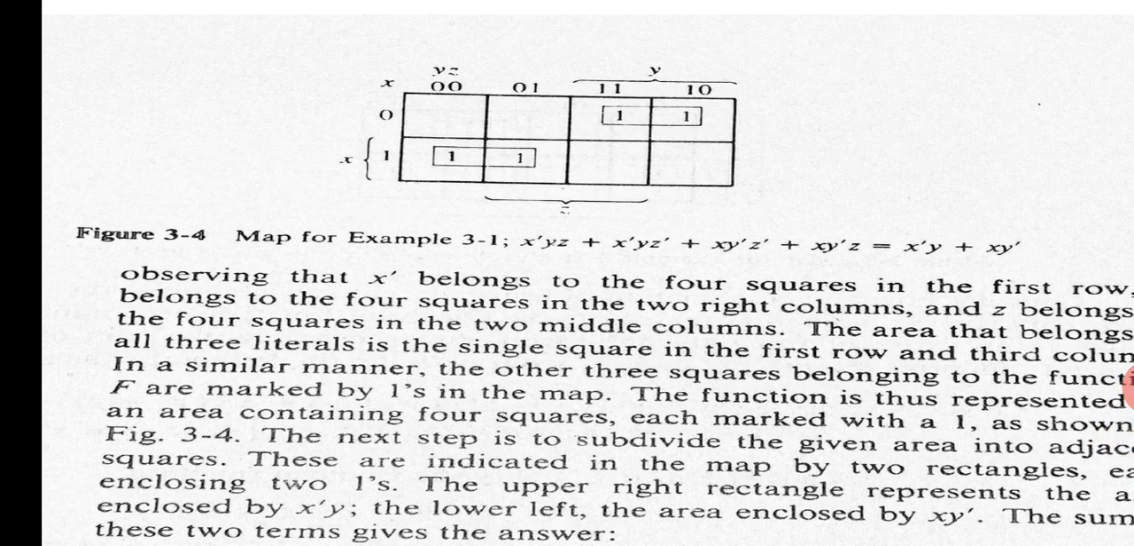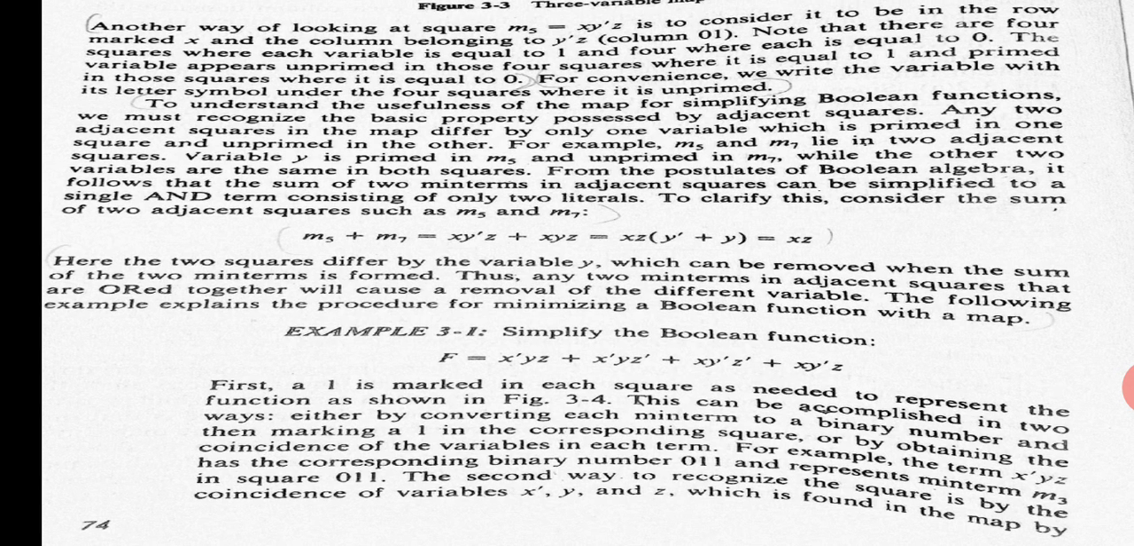Instead of going for theory, see where it is possible to put 1, and in which place. The cell which has the value x dash yz, and based on those equations, wherever that function is given, that cell has to be marked as 1. This can be accomplished in 2 ways: either by converting each minterm to binary numbers and then putting a 1 in the corresponding square,